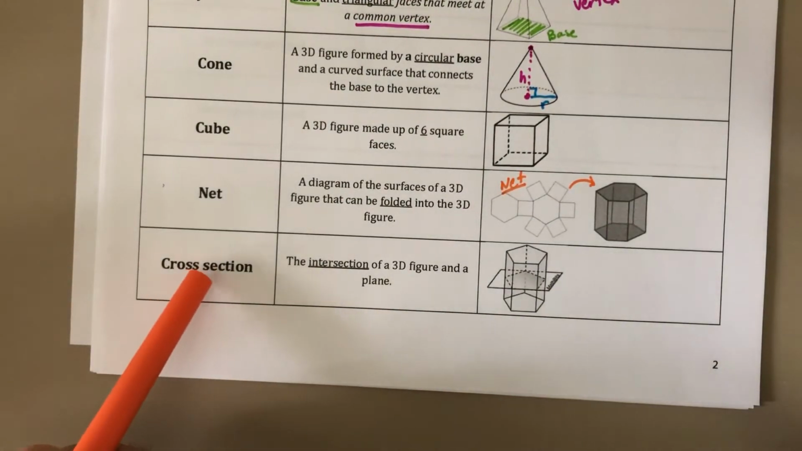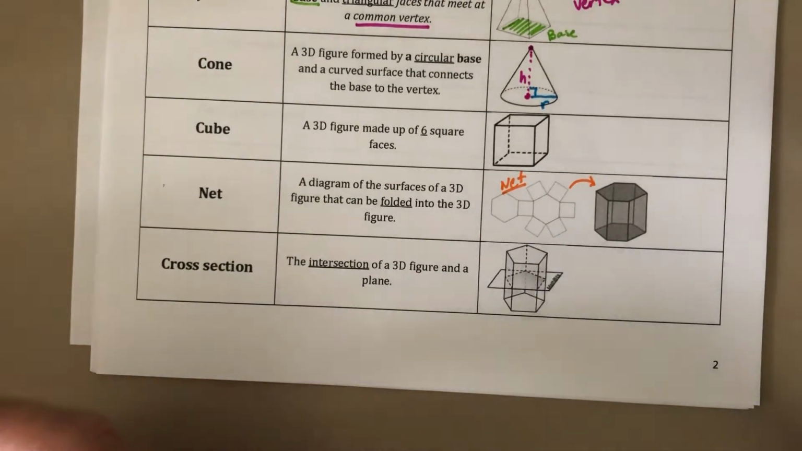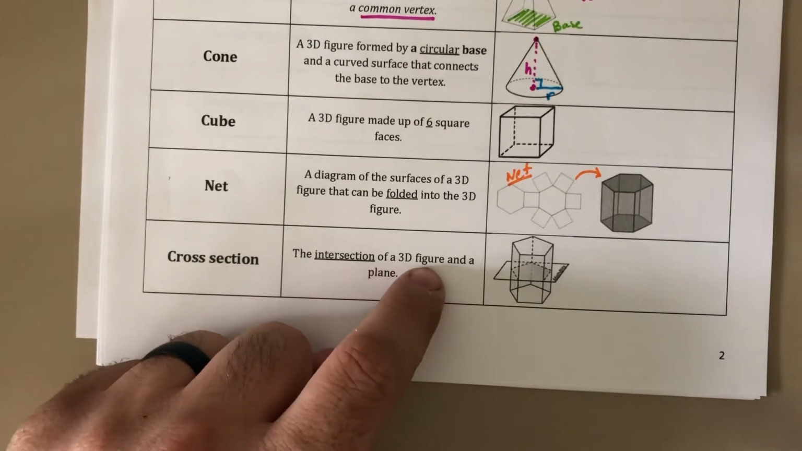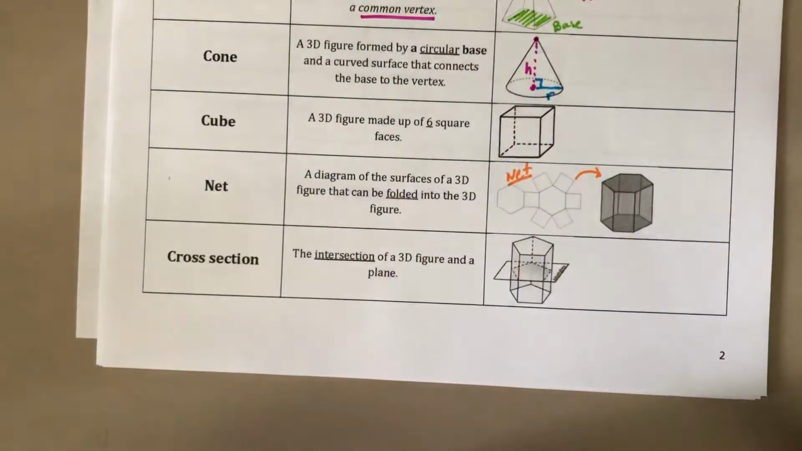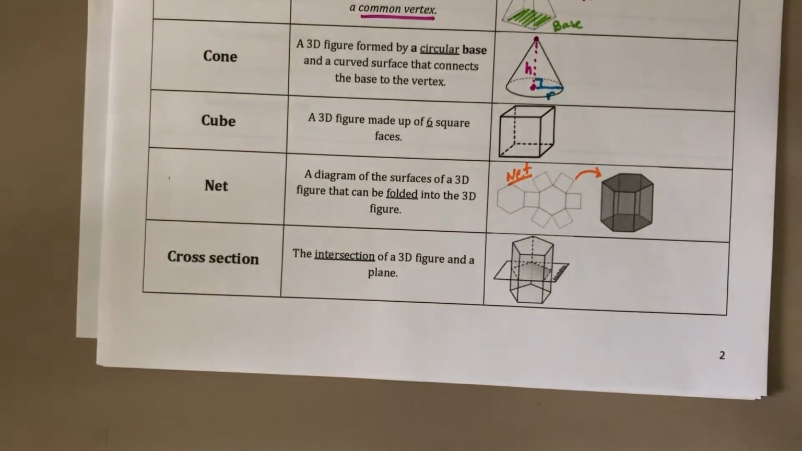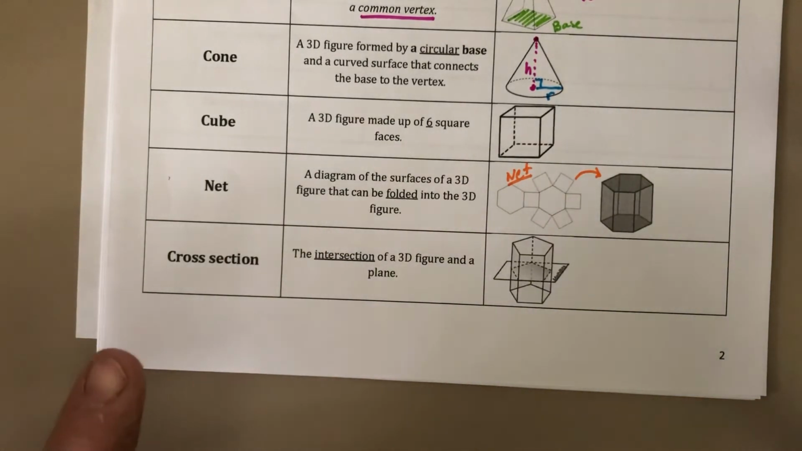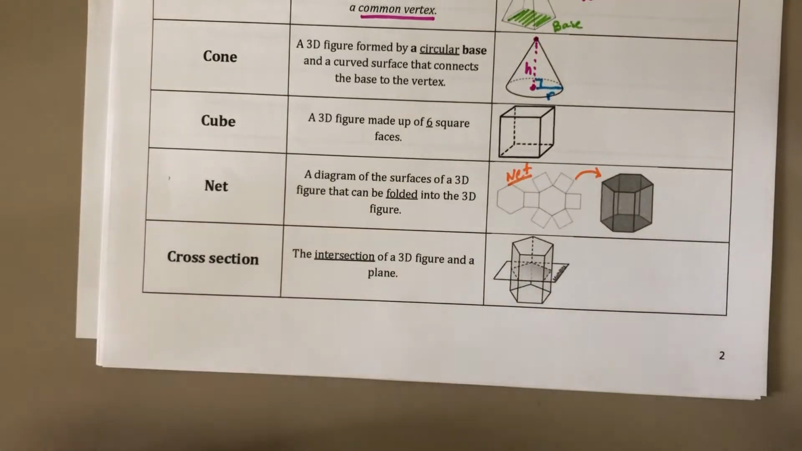Okay, a cross section. Now this is one that can throw kids off, and I think it's from this desire to make it almost too complicated. A cross section is the intersection of a 3D figure and a plane. Now remember, a plane is this flat surface that can go on infinitely, assuming. And if you put a plane through a 3D figure, the cross section is the shape that you see